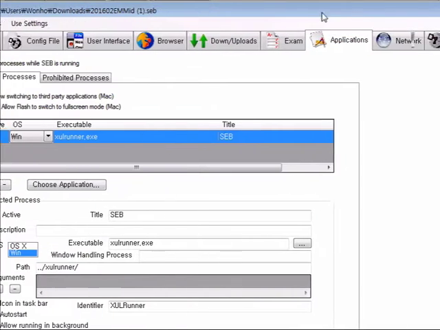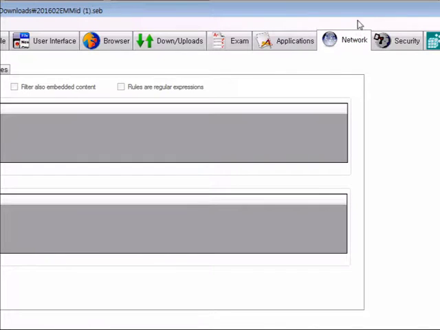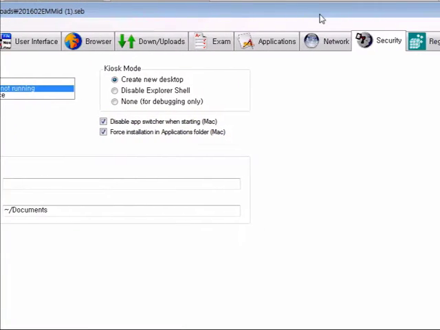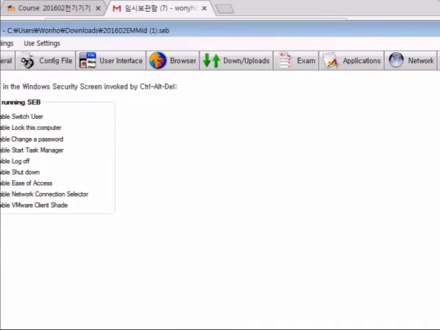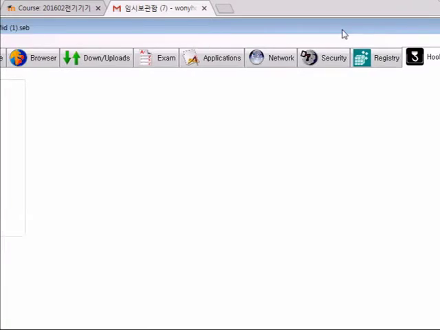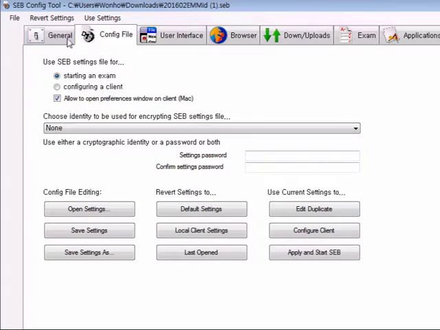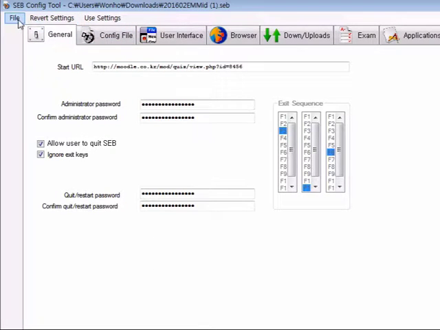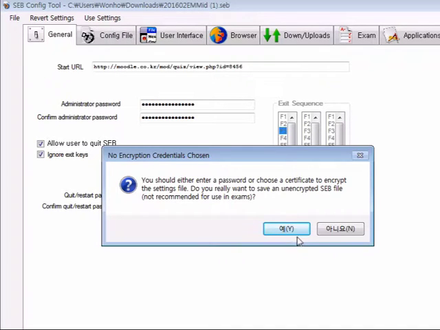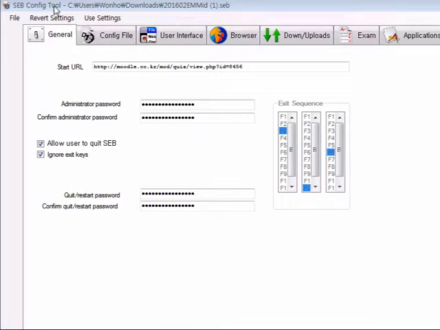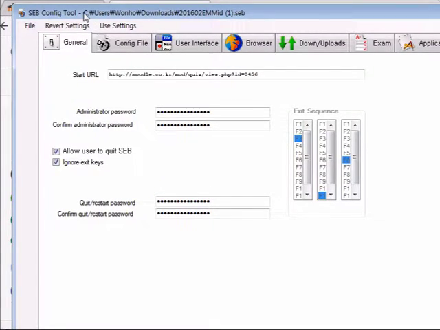And there are many other features you can additionally control, but I will skip these details. Okay, after you have made a configuration, you can save this configuration file. And with this one you can go to